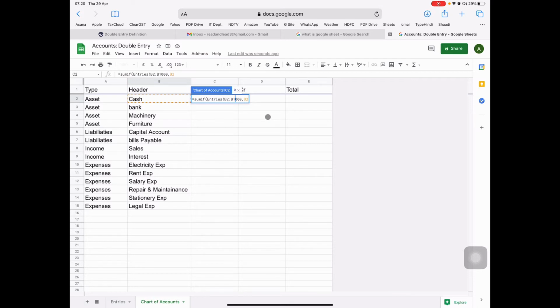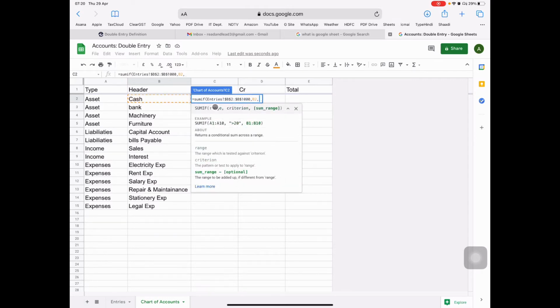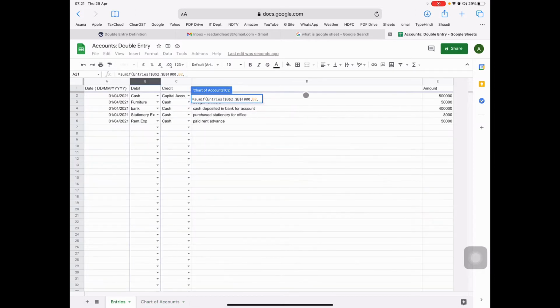Okay, so B2, then the sum range is the value of the transaction. So it's E2 to E997. Actually it's 997, not 1000, because we have already deleted the 3 extra rows previously. I should once again put dollar signs here also.